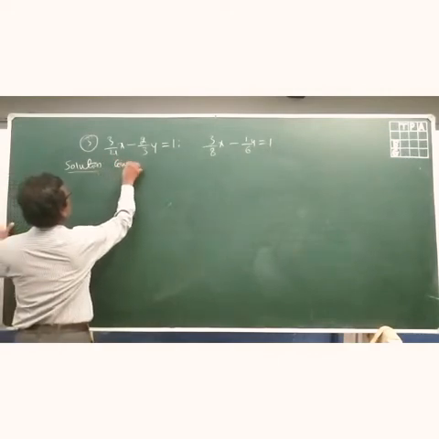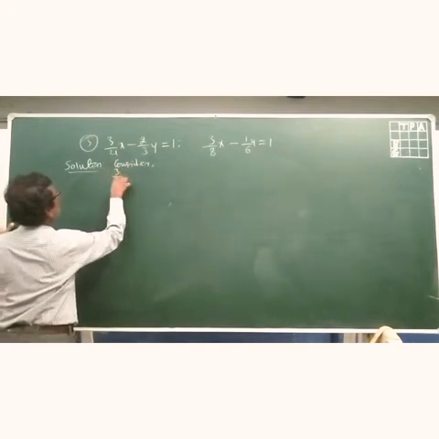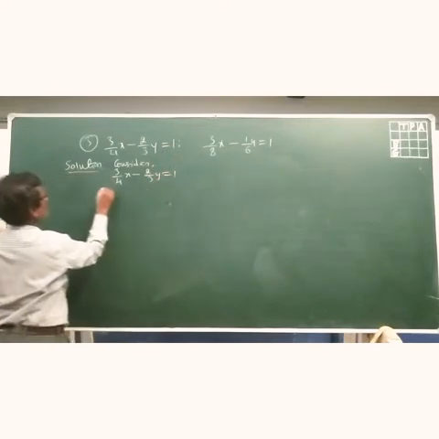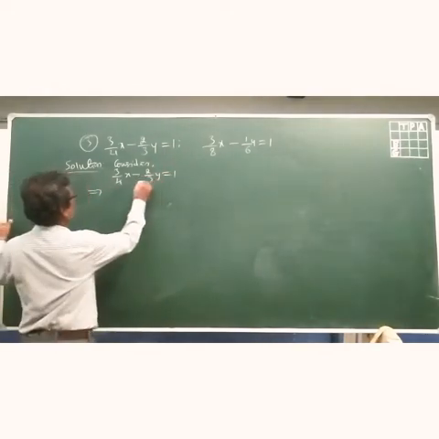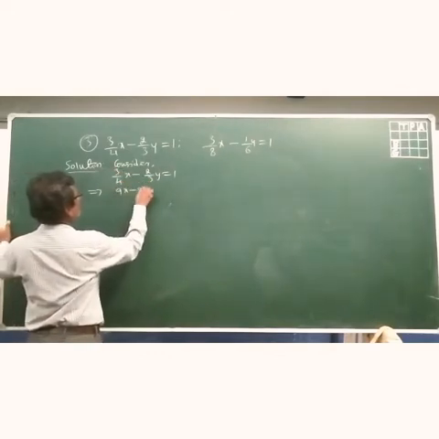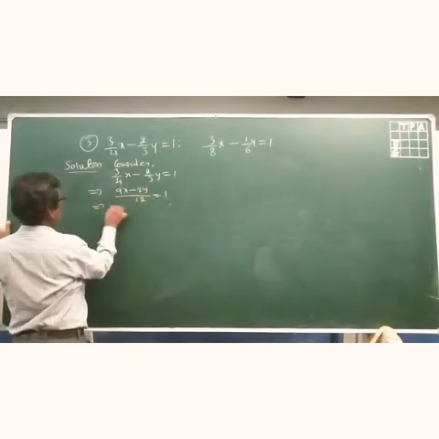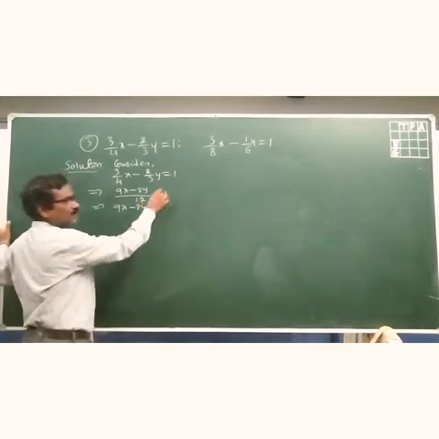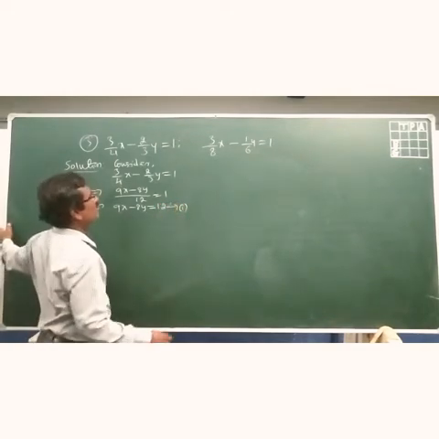Consider the first equation, that is 3 by 4x minus 2 by 3y is equal to 1. It is in fraction form, so we should convert it to the standard form, so we take the cross multiplication. 3 3s are 9x, 4 2s are 8y, 4 1s are 4... so this is 9x minus 8y is equal to 12. That is the cross multiplication. Call this equation 1.